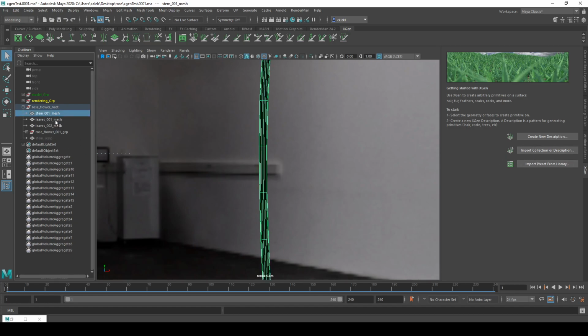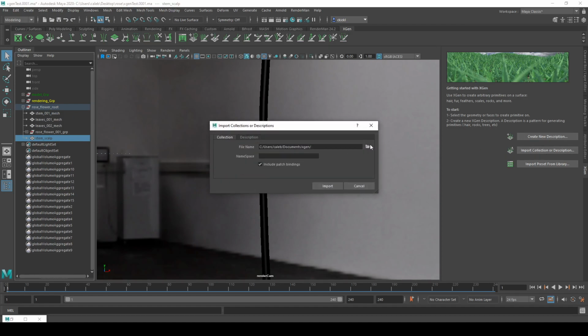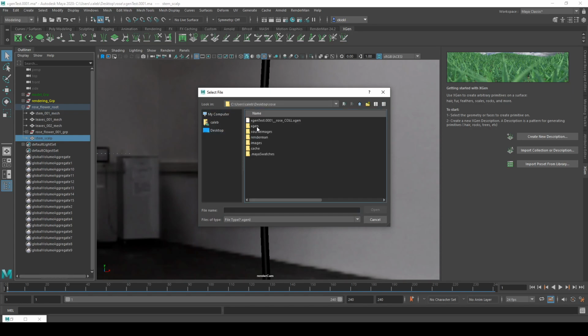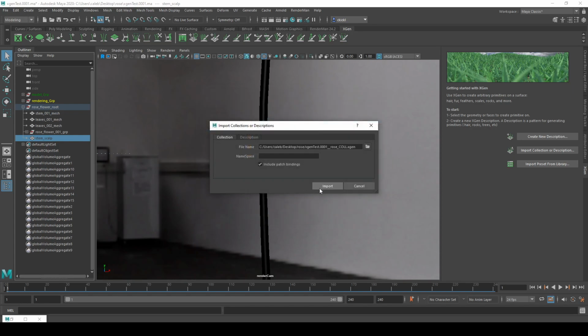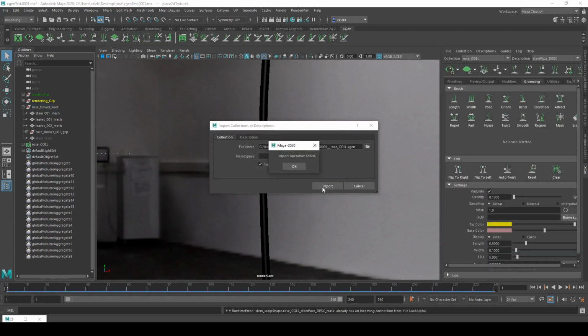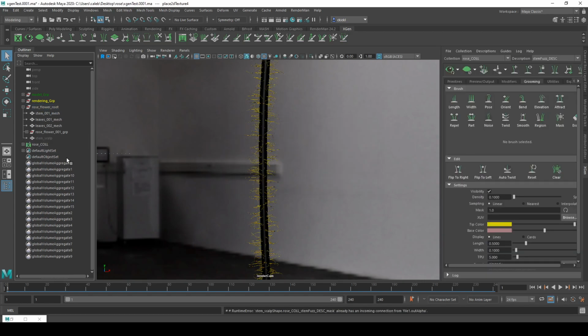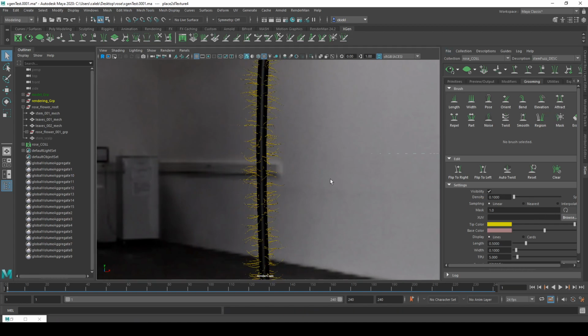Make sure you're not selecting the geometry itself, but the scalp geometry. So we're going to go ahead and I deleted my collection inside of the outliner. Go ahead and import collection. I'm going to grab my rows, grab that collection. Import's going to say fail again, but you can see it actually found it, added it, and I also have my information back. So if you don't have that, if you don't create that collection or it doesn't create it when you